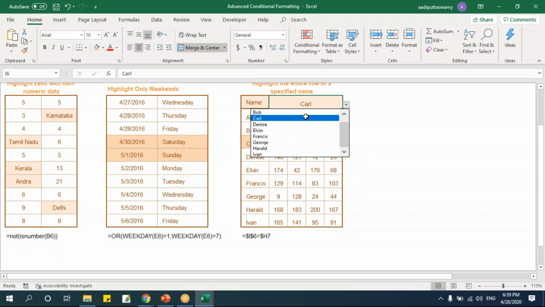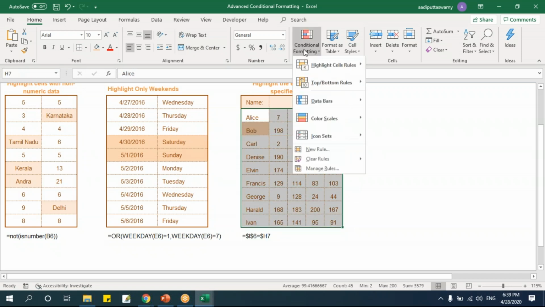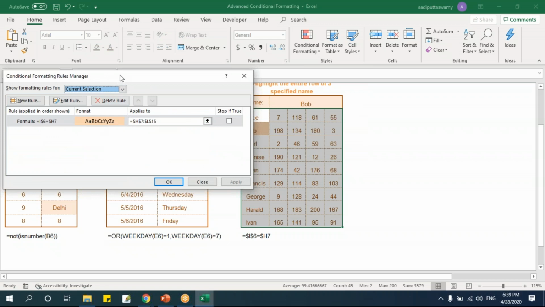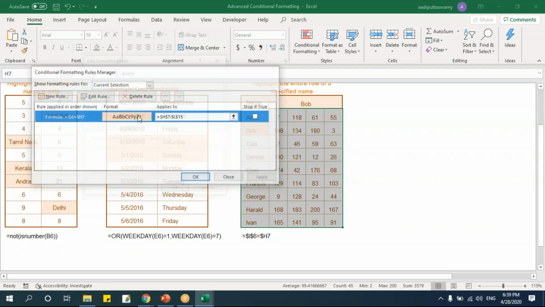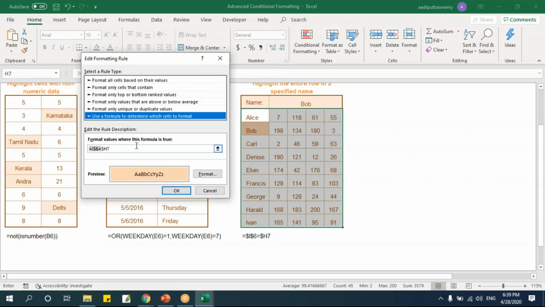See, fine. Let's do it again. Conditional formatting, manage rule, select, and here let me do it again. See, equals this value. Make it relative because this has to check only this value, equals, I'll select this value. Make it column wise like this.